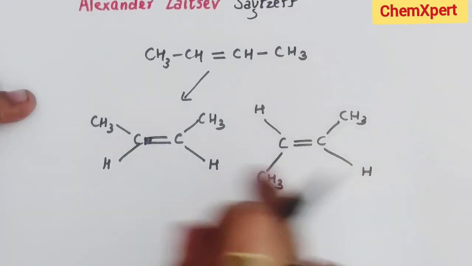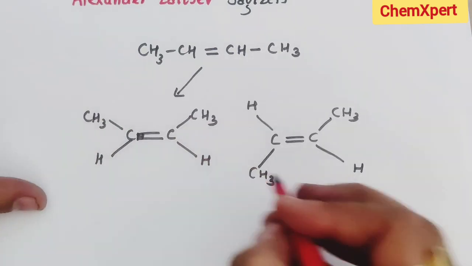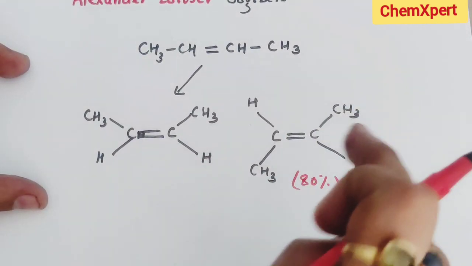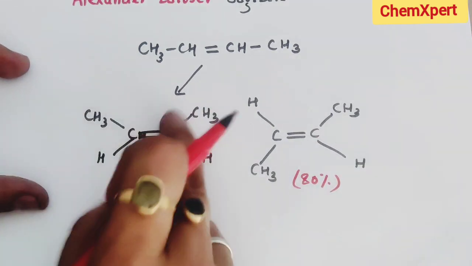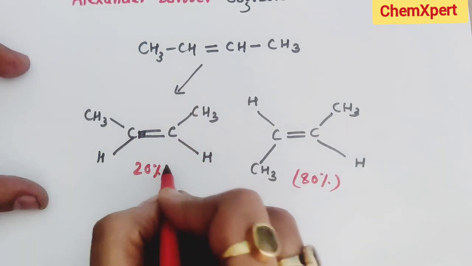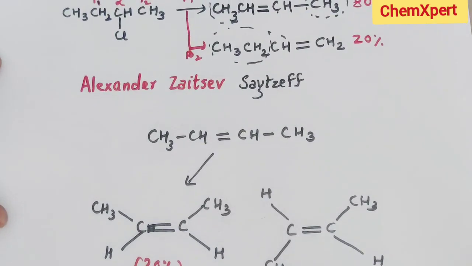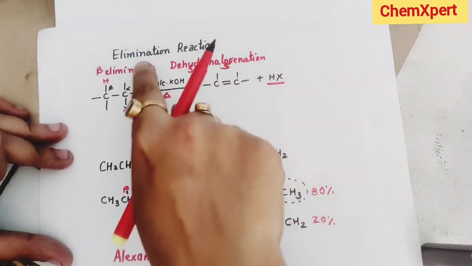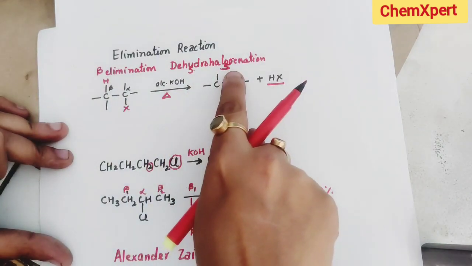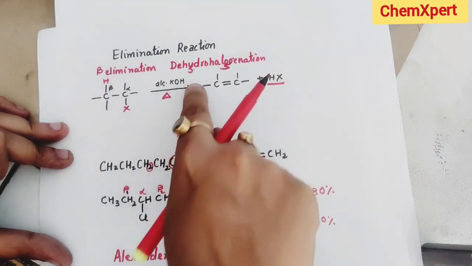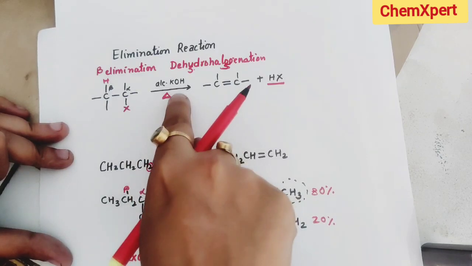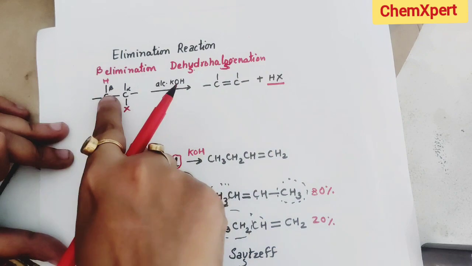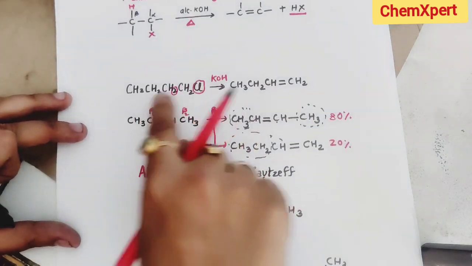So out of these two, which one will form in major amount? Again the answer will be, just for example, the trans form will be major, whereas the cis form, because of steric hindrance, will be formed in less amount. So again I am repeating here. First of all, what is this reaction? This is an elimination reaction, a beta elimination reaction. It takes place in the presence of alcoholic KOH, where HX is removed, and H is taken from the beta position. So this is the simplest one.